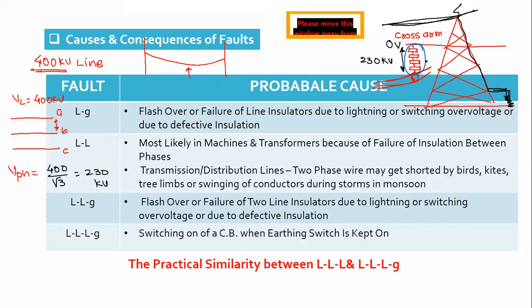So this is one insulator. Do you see any other insulating medium other than this disc? Very good, Viral. Anyone else? Apart from this insulator disc, do you see any other insulating material? Phase to phase is 400 kV, Naresh. Okay, Apurva, very good. No, I am saying insulating material. Do you see any insulating medium between tower and phase conductor? Yes, porcelain is there. It is the insulator disc.